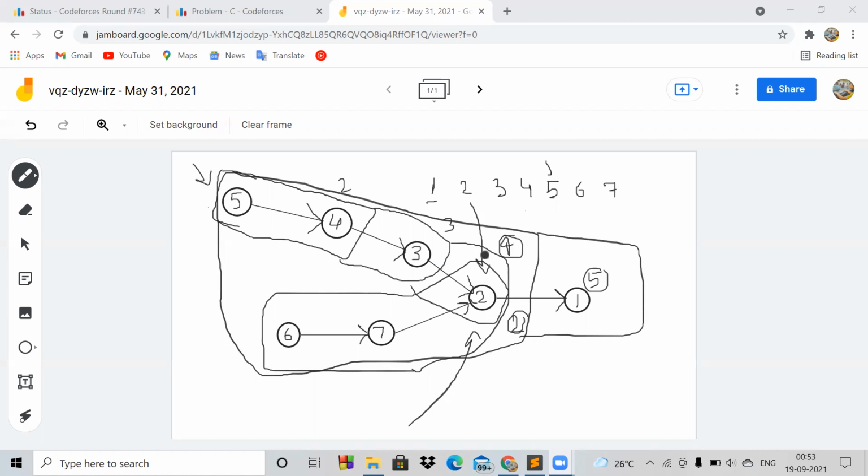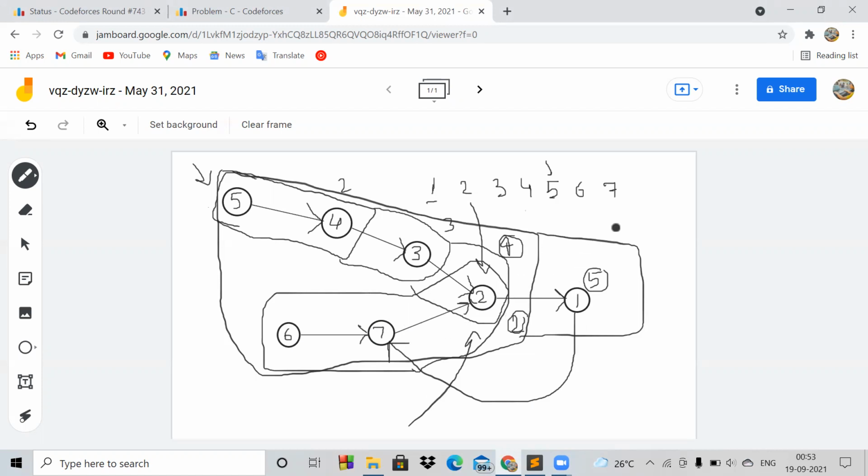And one thing is that we will not be able to read some chapter if there is a cycle. Suppose there is a cycle here. Suppose we want to read chapter 7, we are dependent on chapter number 1. And to complete chapter number 1, we are dependent on chapter number 2. And to read chapter number 2, we are dependent on 7. So this will form a loop, and we will never be able to read any of these three chapters, and the book can never be completed.